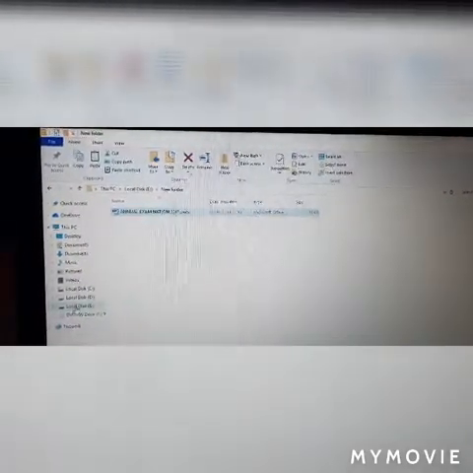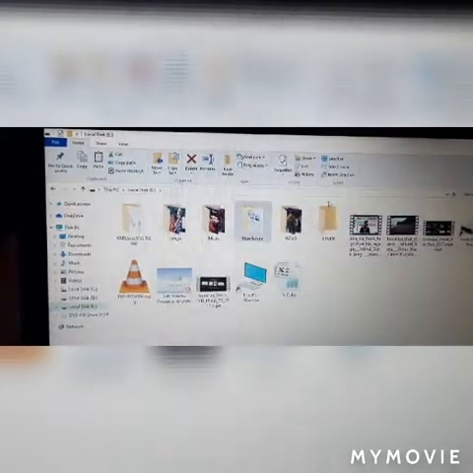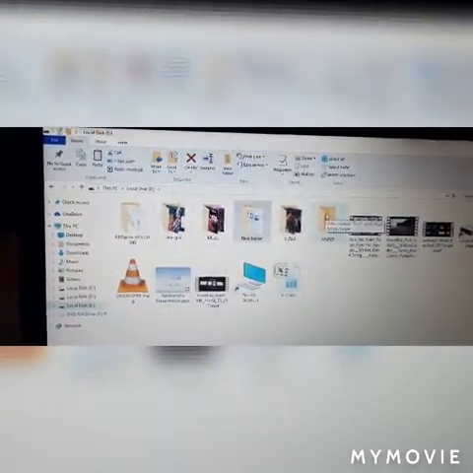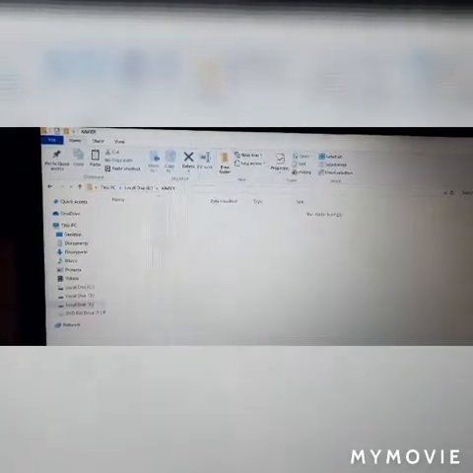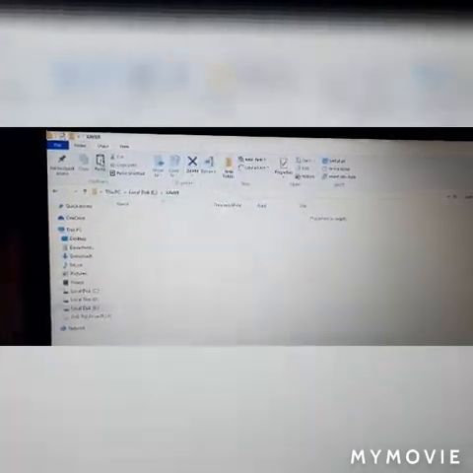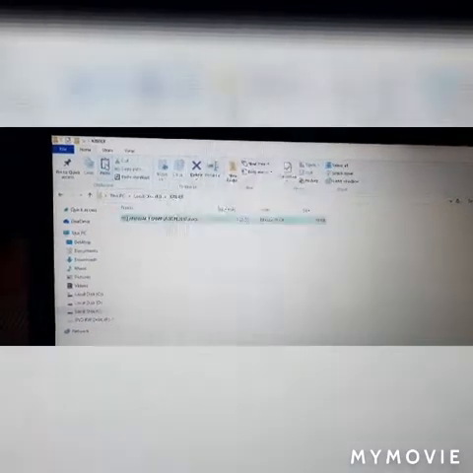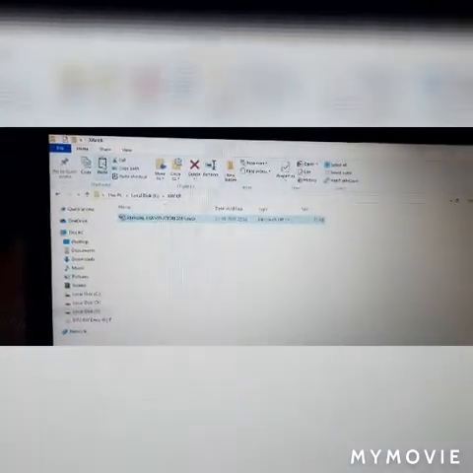Again move to the local disk E and go to the Xavier folder. Now double tap on that to open. Now you could see it is written, this folder is empty. Now what you will do, again go to the Home tab and click on the paste option. Now your file has been copied.